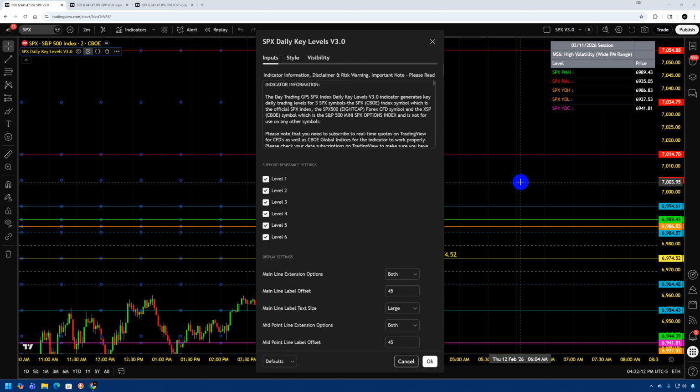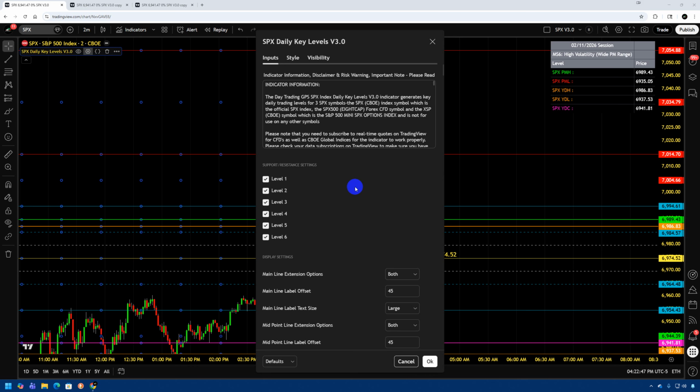Okay, one thing I do want to point out with the V3.0 indicator that is different than the V2.0 that you need to know about is the V2.0 had 10 levels above, R1 through R10, and 10 levels below, S1 through S10. The V3.0 indicator has 6 levels above, R1 through R6, and 6 levels below,